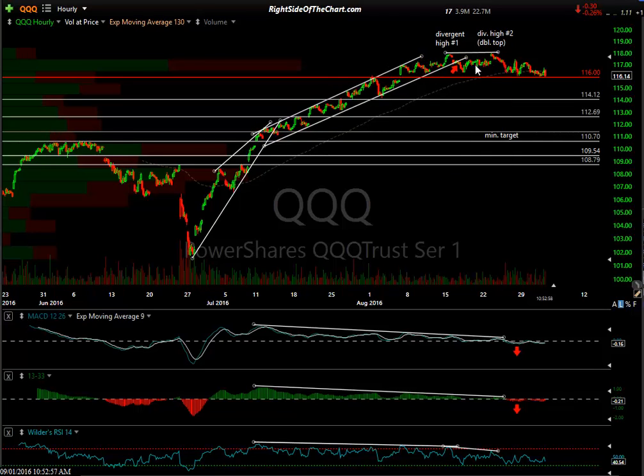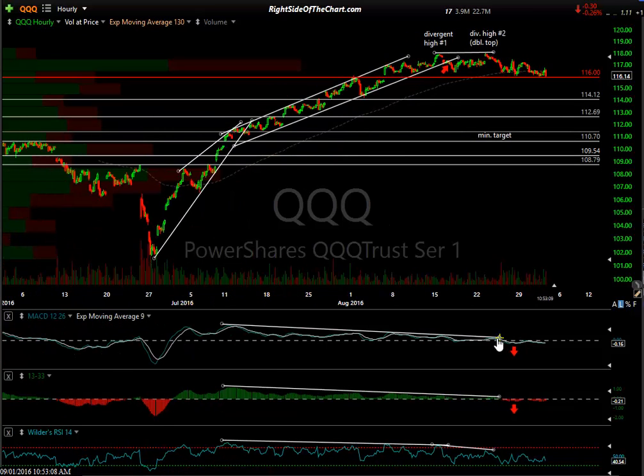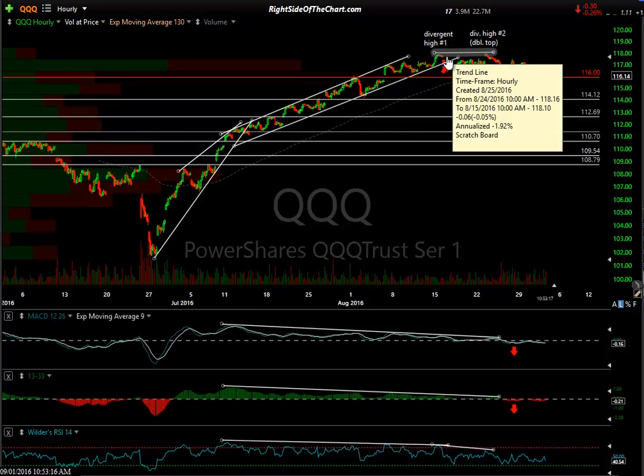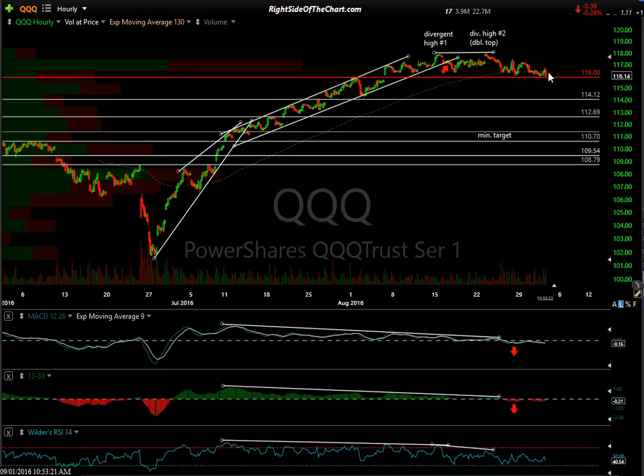I want to make this very clear. Just because these divergences have not resulted in a correction doesn't mean they're not going to work. They've extended. They haven't been taken out. By taken out, we haven't seen the MACD or the 13/33 histogram, the RSI move higher. We've only seen these divergences grow more powerful. And what that does is increase the chance that a correction, if and when it comes, will be that much more powerful than it would have been had this level broken.